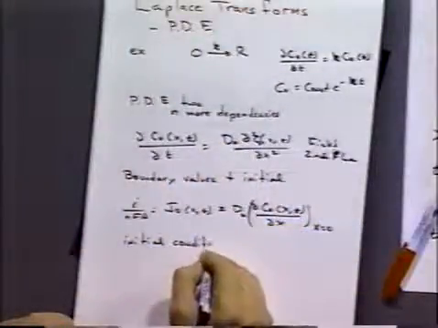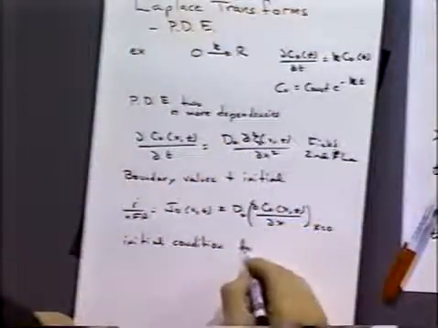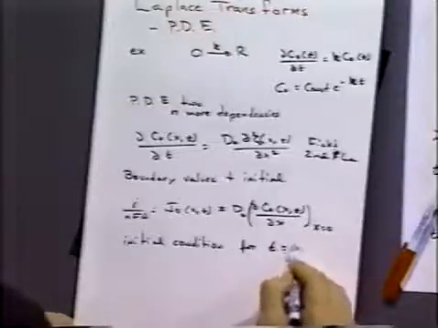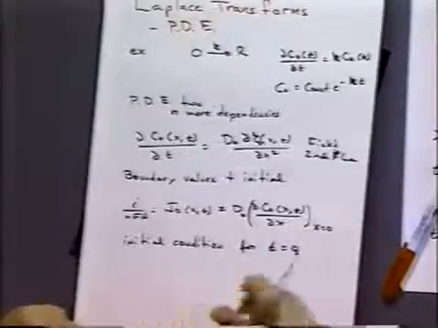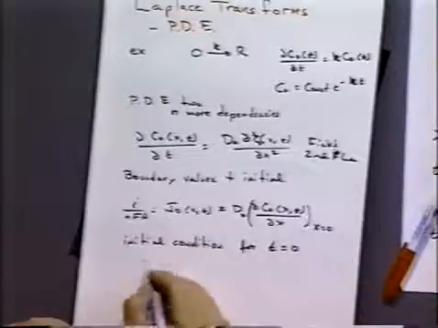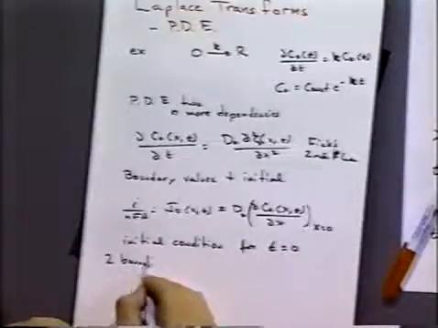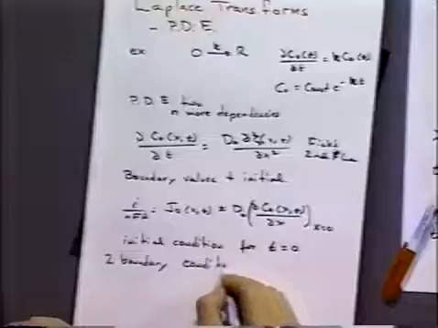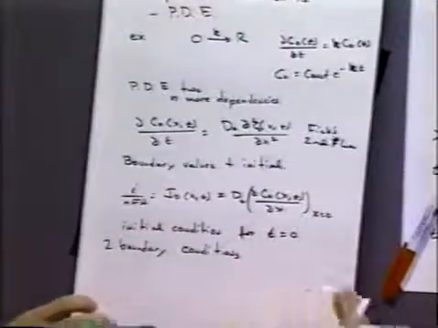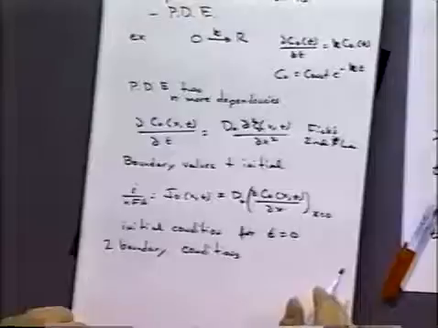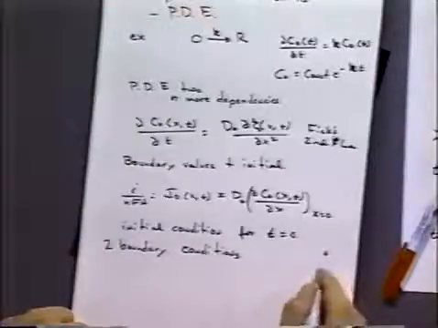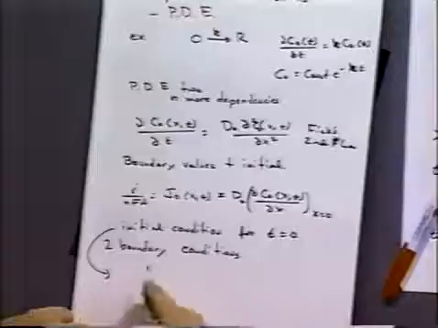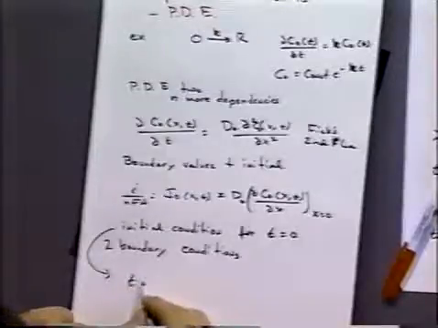Now we need an initial condition to solve these problems. Typically, for t equals 0, what's the form of the solution, or the form of the system, at time equal to 0? And we need two boundary conditions. For example, our initial condition might be such that, say at t equals 0, we can write